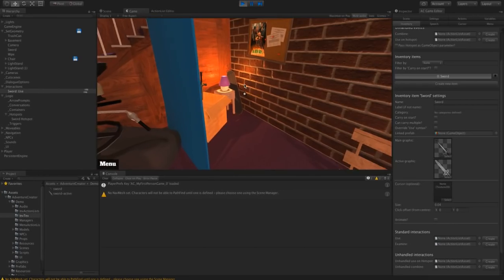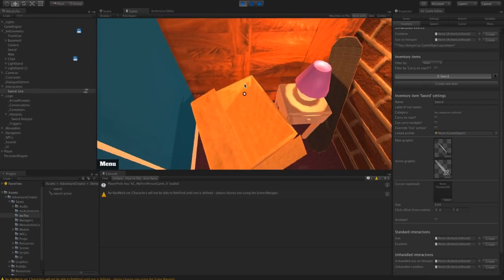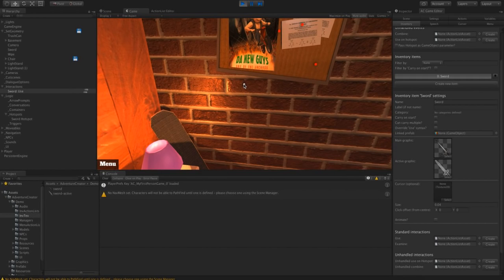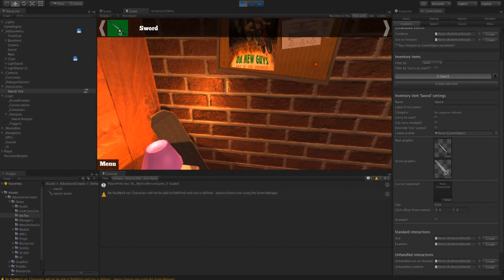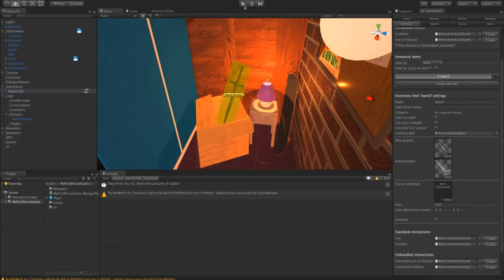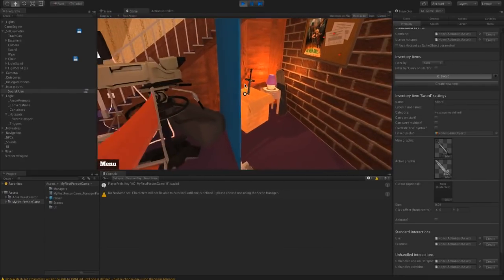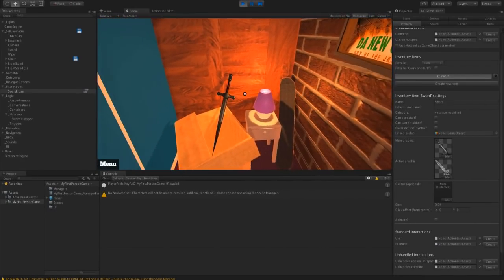So if we now walk over to it and click on it, it's then added to our inventory, which we can find. If I press toggle cursor to come out of this free look mode, you can then see it added in the inventory. Now the inventory by default is activated by hovering the mouse towards the top of the screen, so we're going to change that in the next section. So what we now have is a simple hotspot with an interaction, so we can test out our interface.